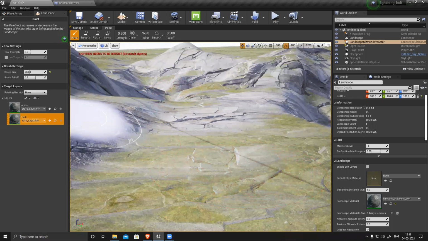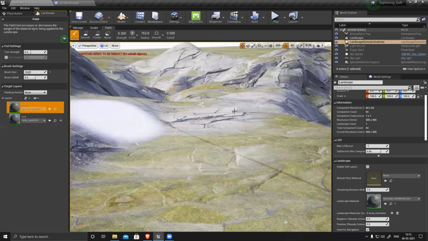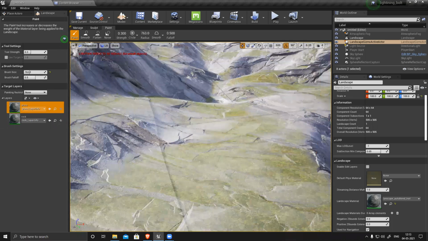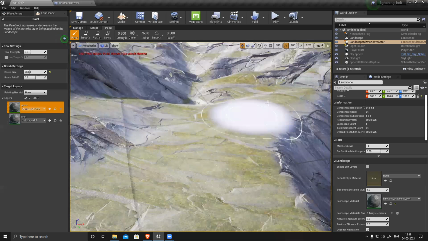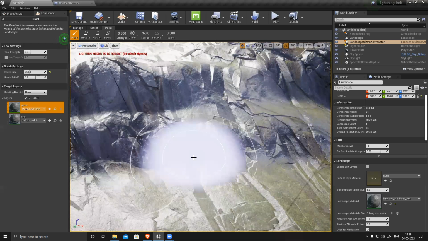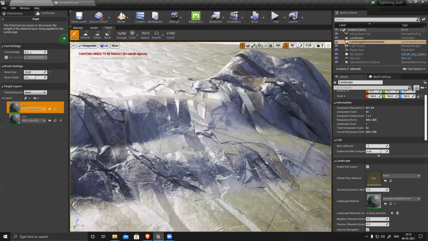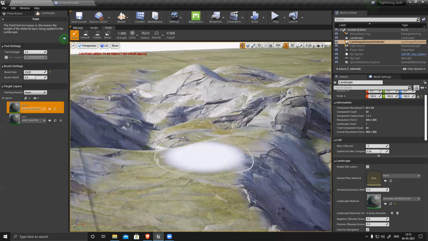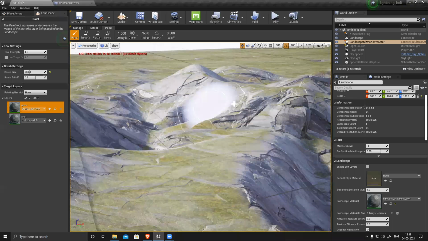Paint rock for this. If I want to paint this, because you can see I can paint grass. If I increase the strength to full, still it's not that prominent. The rocky surface is still more prominent.